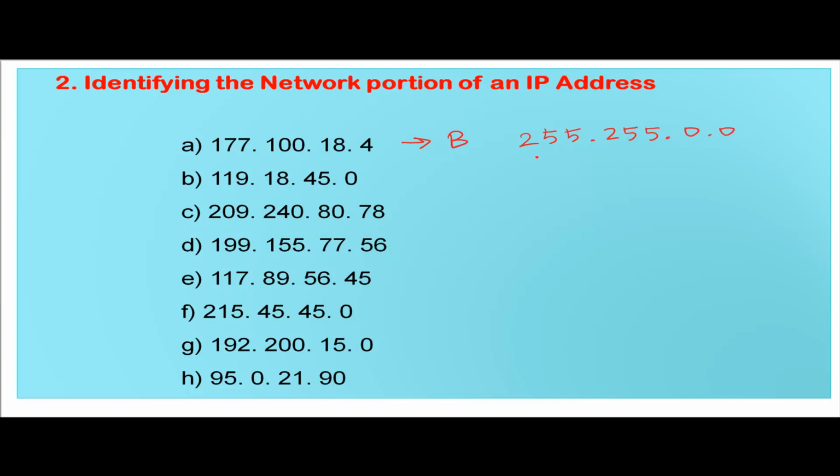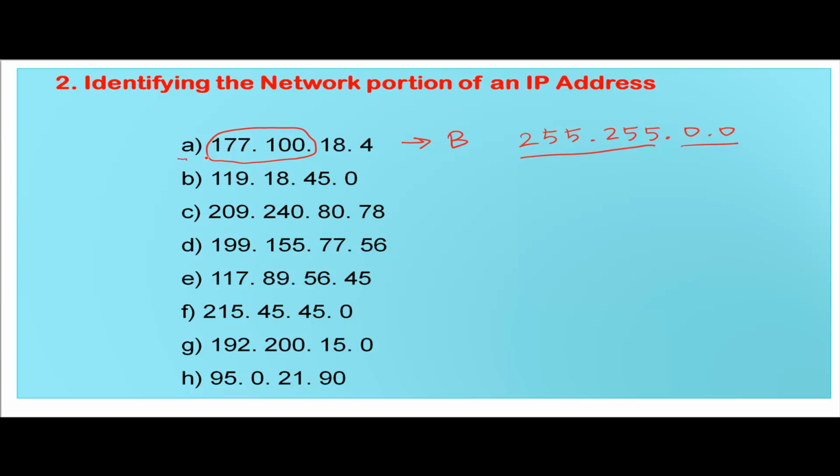So 255.255 is going to be the network part and the rest is going to be your host part. In this case, the network portion is the first two parts. Like this, based on the class, we can easily identify the network portion of a given IP address. Now let us move on to the next one,